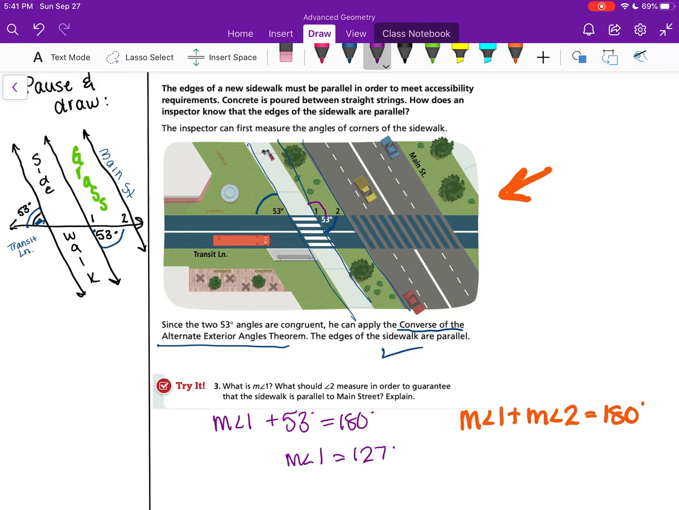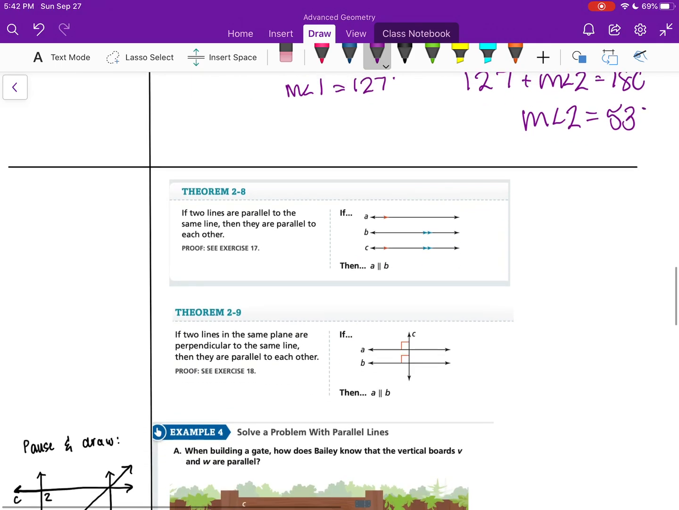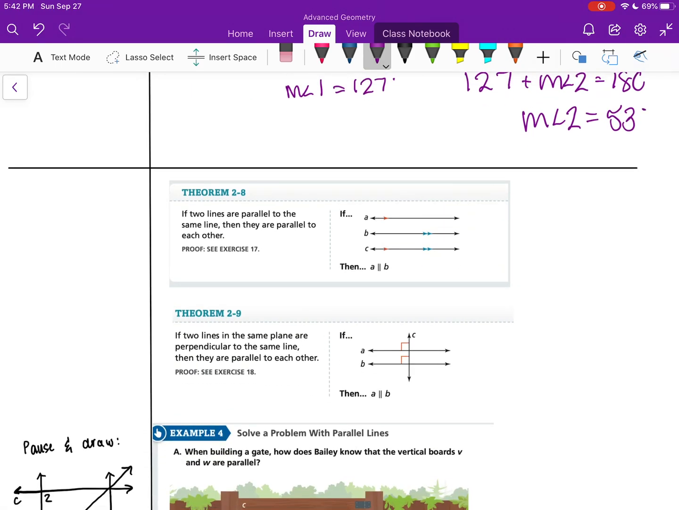And we know the measure of angle 1 is 127 degrees. We don't know the measure of angle 2 just yet, but we can solve for it. The measure of angle 2 must be 53 degrees. We also could have known that from alternate interior angles. We don't know that it is, but that's what it would need to be in order for those lines to be parallel. And then in our last example, there are two theorems that we are going to discuss,